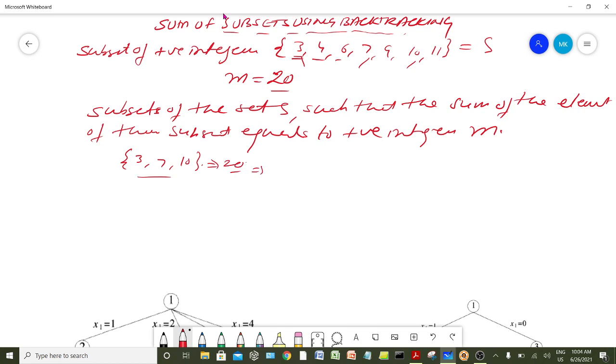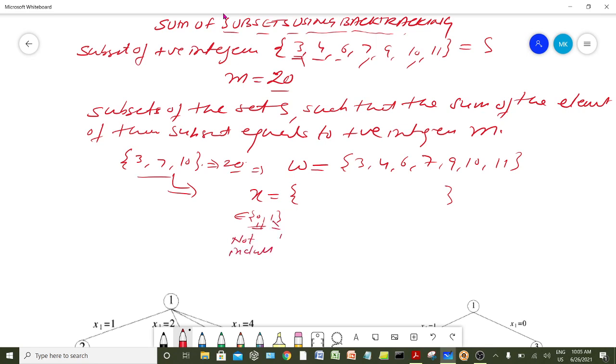Let us name this given set W. So W in this case was equal to 3, 4, 6, 7, 9, 10 and 11. And we need to find the subsets. One of the subsets which is a solution is 3, 7 and 10. Its representation can be in the form of a vector x which contains elements from the set 0 and 1. 0 means not included